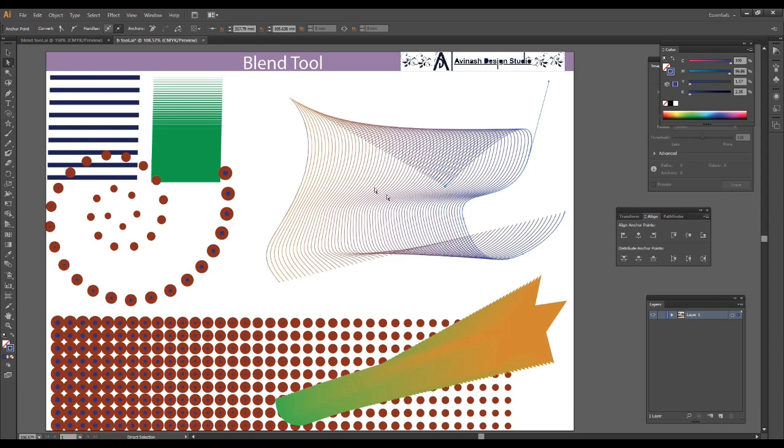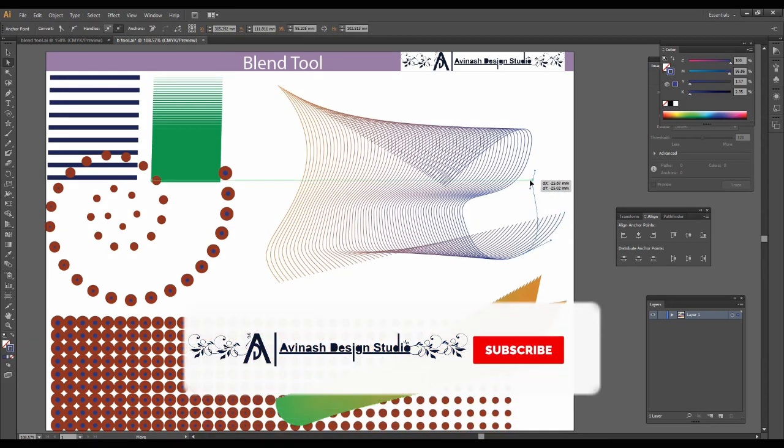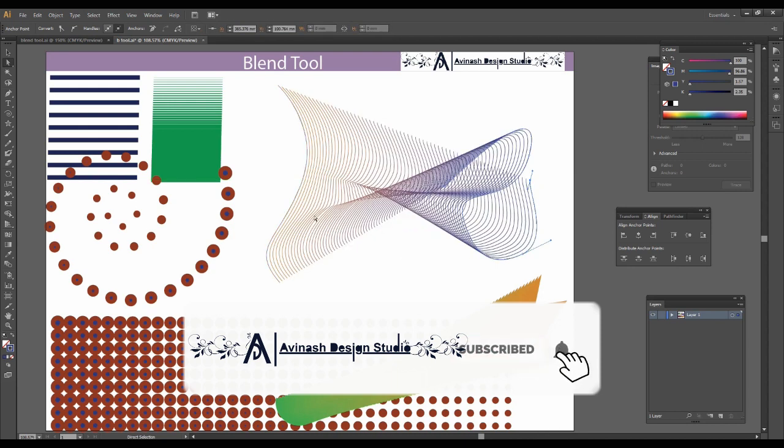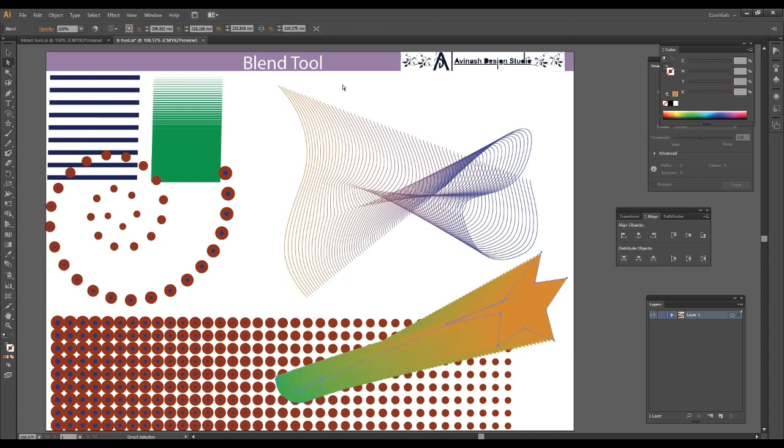This is a powerful tool in Illustrator, so we can make any kind of design very easily. This overlapping makes a different beauty of different lines, so we can do that also. This is all about the blend tool and its uses.